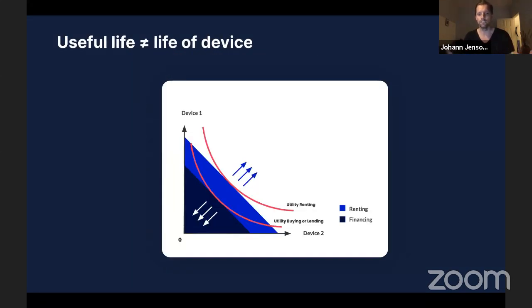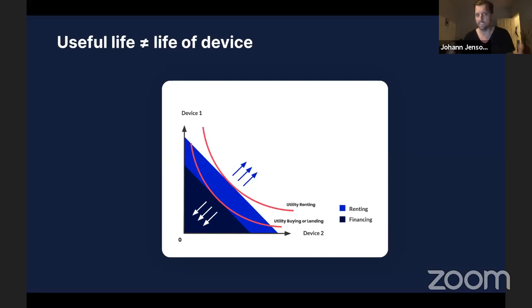And this is the financial model behind it. It's based on just economic principles. The idea is basically that the useful life of one of these assets is not the same as the life of the actual device. So think of not just smartphones, but projectors or any of these consumer electronics devices.